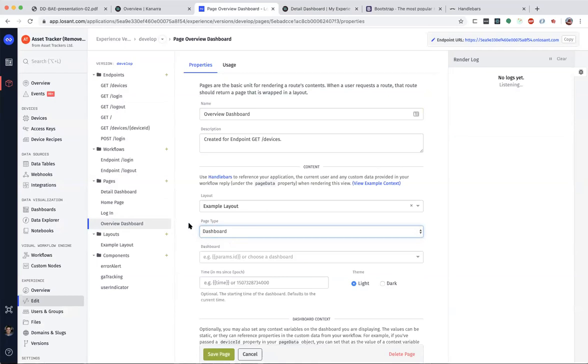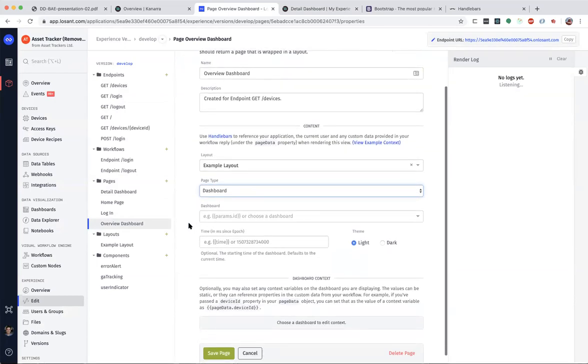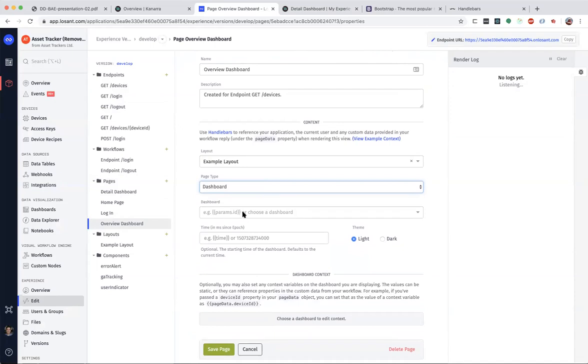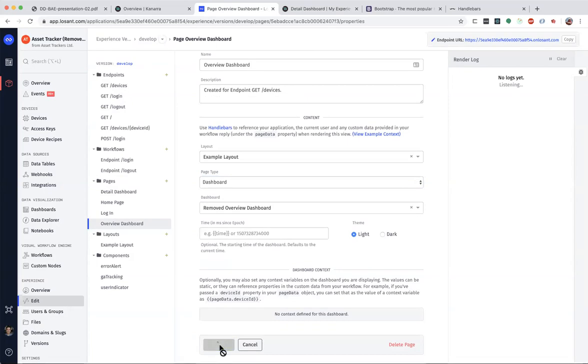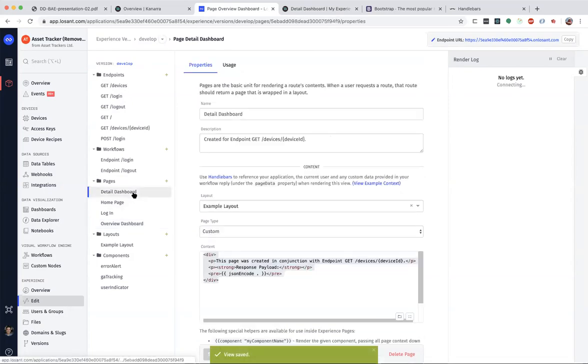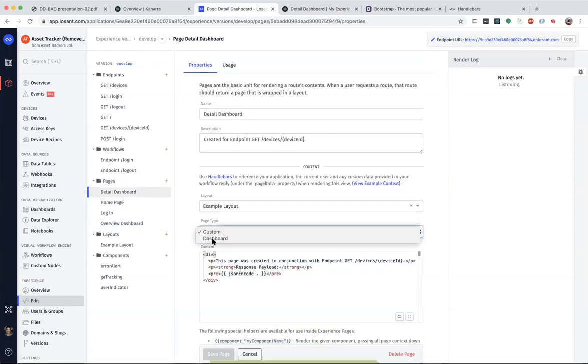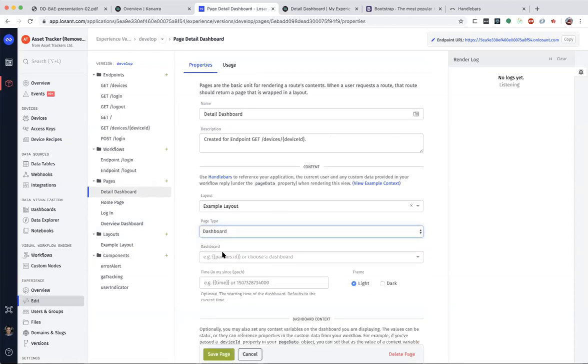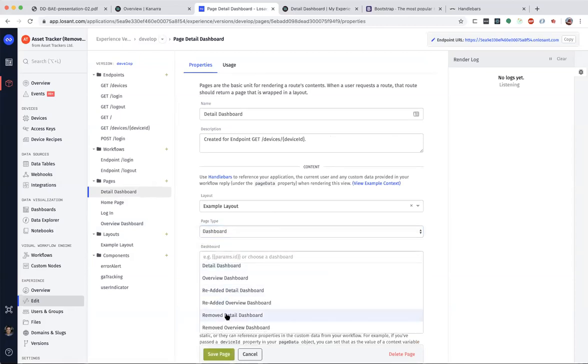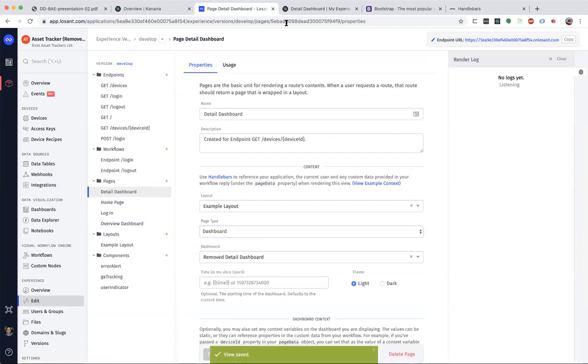We can actually take a dashboard we've configured in our application and now expose it to our experience users. In this case, I want to do the overview dashboard. And then for the detail dashboard, let's do the same thing, except in that case, we of course want to render the detail dashboard. And now let's check in.